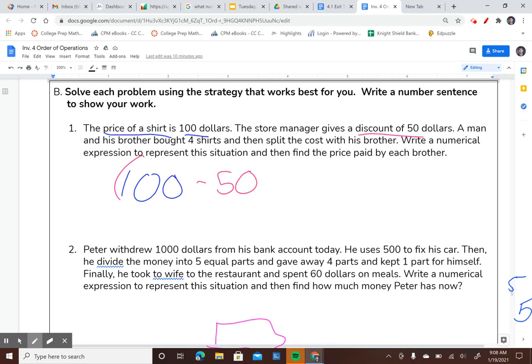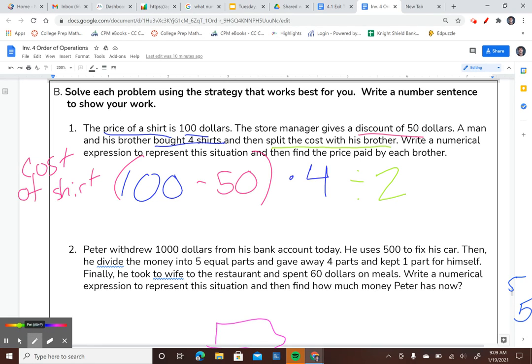So we're going to close this off, put in parentheses, because this is the cost of a shirt. And so the cost of a shirt multiplied by 4, because we're buying 4 shirts here. And then it says split the cost with his brother. So if you're going to split the cost with your brother, there's obviously going to be 2 people, you and your brother. So we're going to divide that by 2. So now we can use PEMDAS here. Starting with the parentheses,